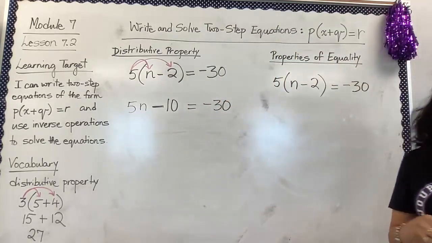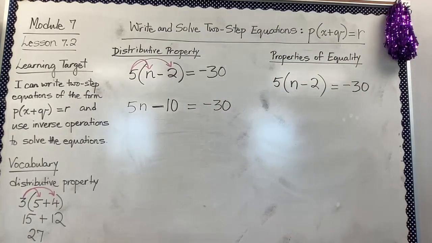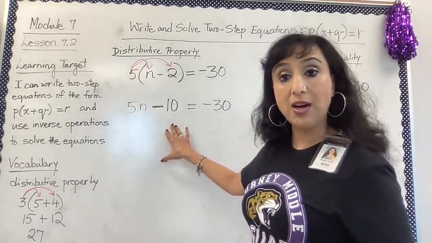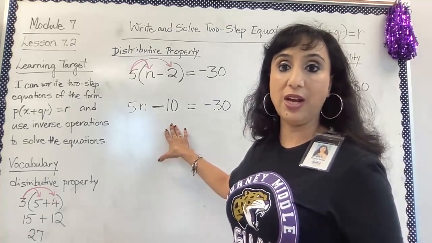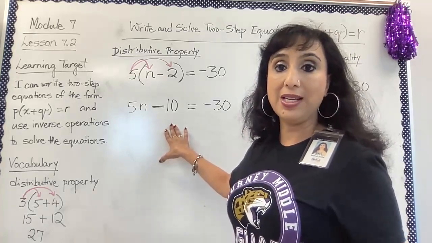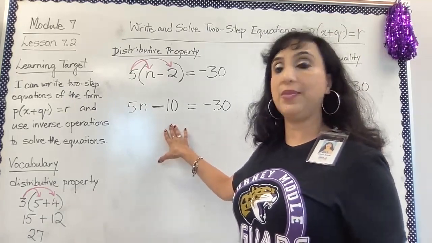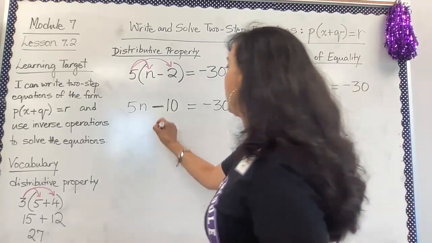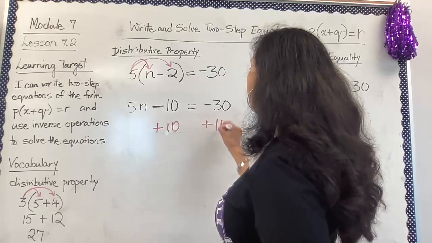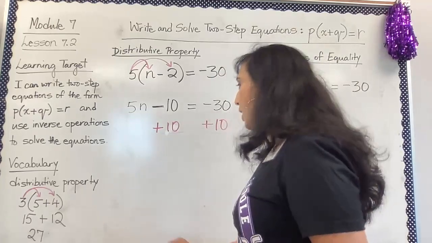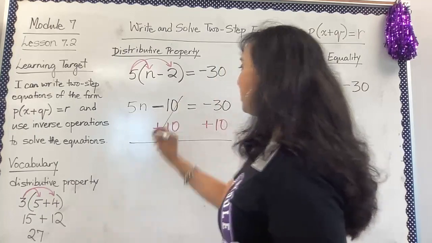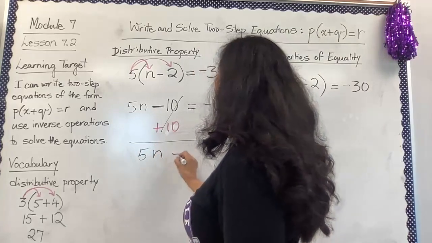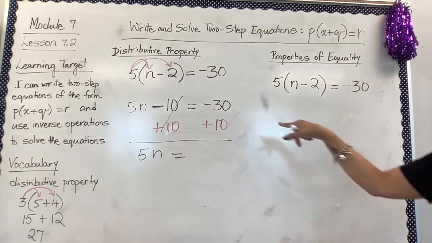All right. And now again, it's a two-step equation. So as we can see, the opposite, or the inverse operation, of minus is going to be addition. So instead of subtraction now, we are going to do the addition property of equality. And I am going to add 10 to both sides of the equation, and then minus 10 plus 10, opposite signs, gives me 0. So I have 5n is equal to,